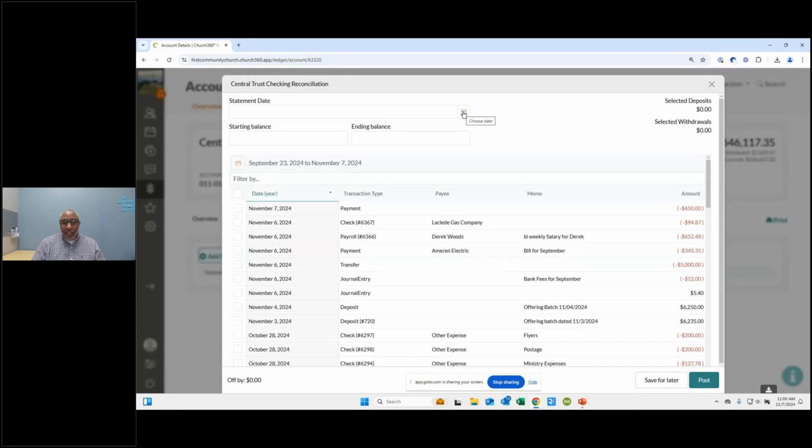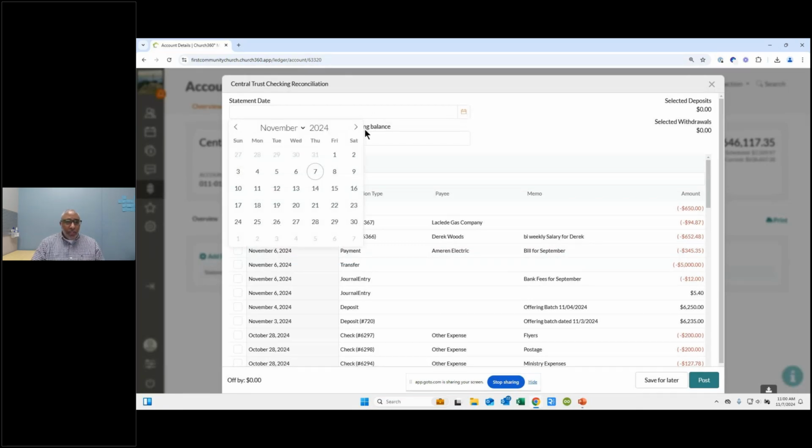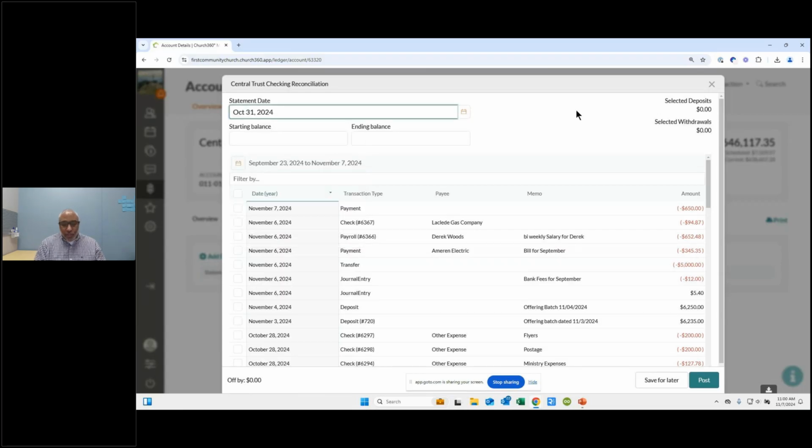So add reconciliation. Statement date is the end date on your bank statement. So I'm going to say October 31st. I've got my bank statement here, the one I'm doing for this presentation. Then I can enter in the starting balance. And the starting balance literally should be the starting balance on your bank statement.